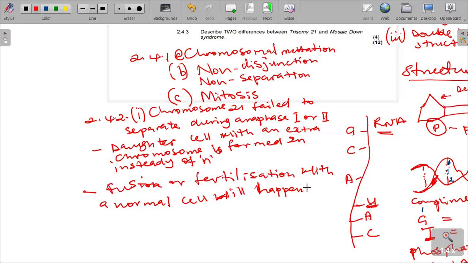So in this case, you should understand that this is whereby we are saying the process is